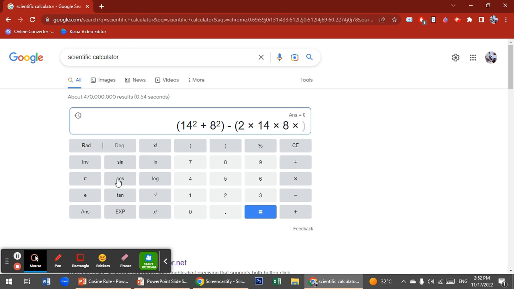Here, as you can see on your scientific calculator, you have a cos function, and make sure your calculator is set on degrees. Right now it's on rad, but I'm going to click degrees because I need my answers in degrees unless somebody asks for the answers in radians. So 14 squared plus 8 squared minus 2 times 14 times 8 times cos 56. And when I press equals, it's